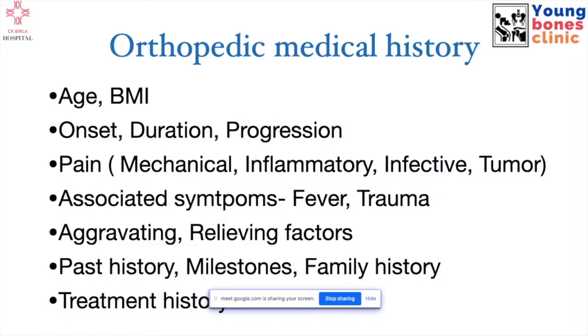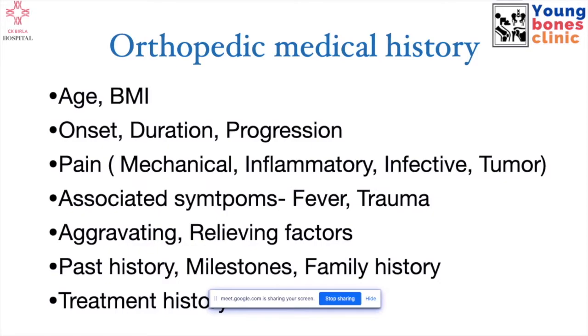So of course history, as we discussed: age, body mass index. Why is body mass index important? SCFE, slipped capital femoral epiphysis, is mostly seen in obese kids. Childhood obesity is again picking up, and we see a lot of obese kids. So they have higher chances of deformities in the limbs. Blount's disease is very common in obese kids. They may have early arthritis, early knee problems, ankle problems. Then they also have a higher incidence of SCFE. Their capital epiphysis, the femur head, slips out of the growth plate and goes posteromedially. So that is why the BMI of a child is very important, more important in teenagers.